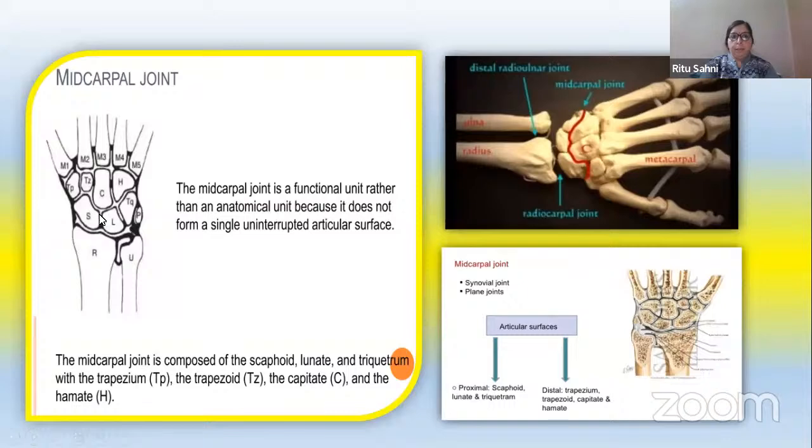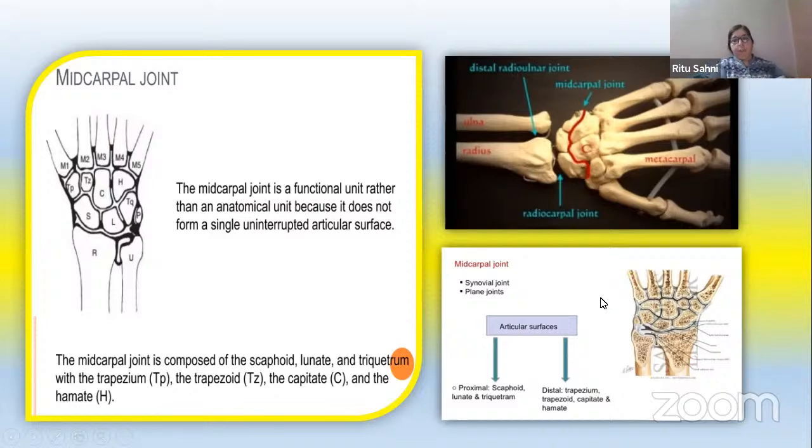And this is the midcarpal joints. As a functional unit, they are an anatomical unit because it does not form a single uninterrupted articular surface. They articulate with each other and are composed of the proximal and the distal bones, and in between they make the midcarpal joints that you can also see in this. Their articulating surfaces are proximal, the scaphoid, lunate and triquetrum, and distal, the trapezium, trapezoid, capitate,